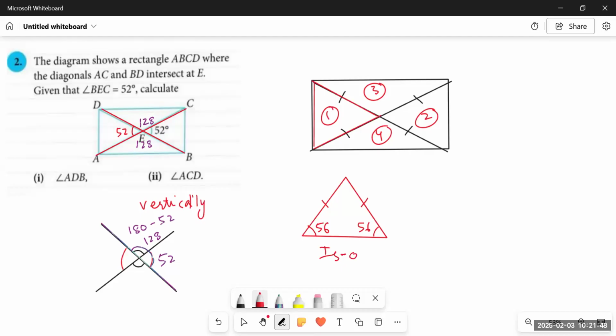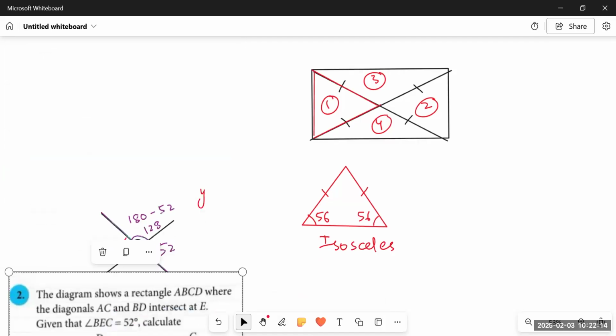And if we look at this particular rectangle that has been given to us, we can see that there are four isosceles triangles forming, and we know one of the angles. So if we are provided with any one angle in an isosceles triangle, we can easily find out the other remaining angles. How? Let us talk about it.